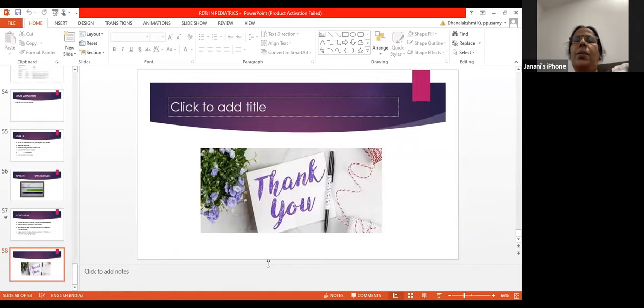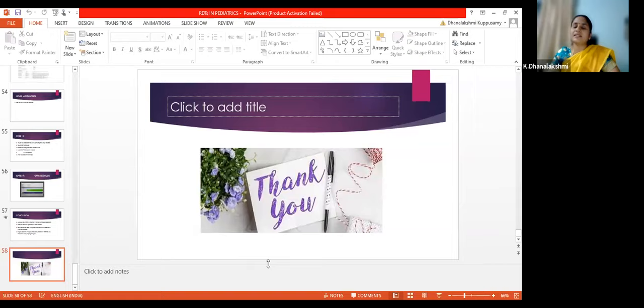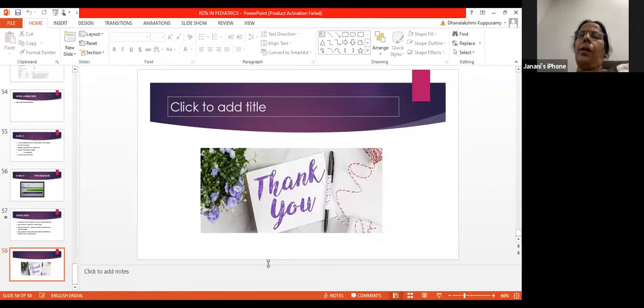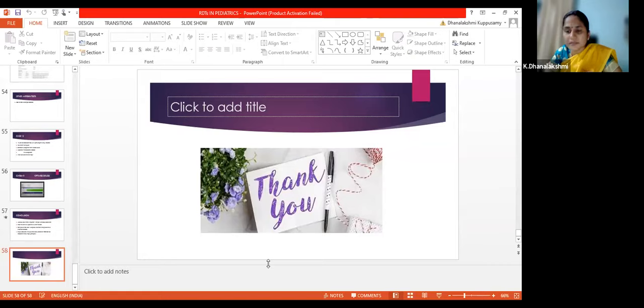Once malaria is diagnosed, how long can RDT be positive, or when is it considered a false positive? Usually they say HRP2 based tests are positive for a long time. It can be positive for 10 to 14 days also. On the other hand, the Plasmodium LDH based test or aldolase based test, they are positive only for 5 to 7 days. So usually for follow-up, this rapid diagnostic test should not be used.